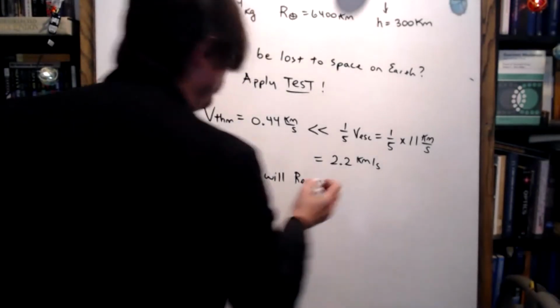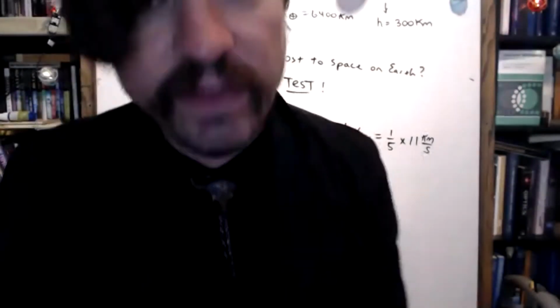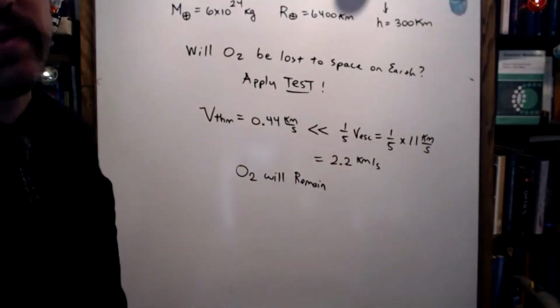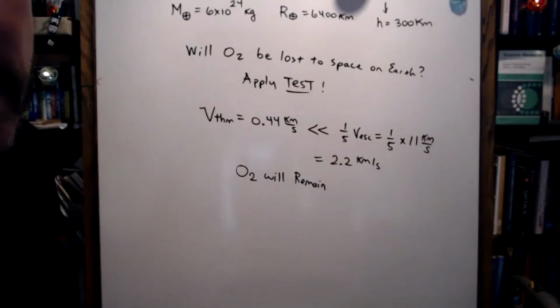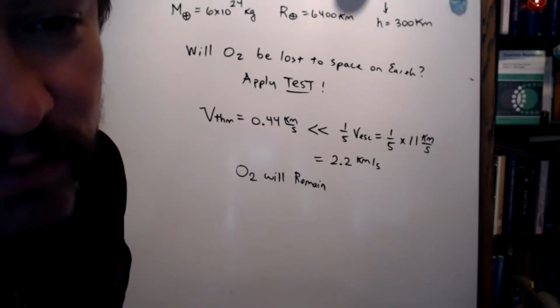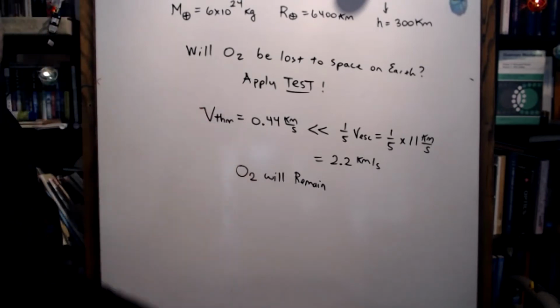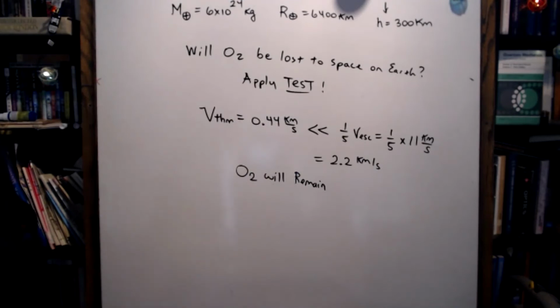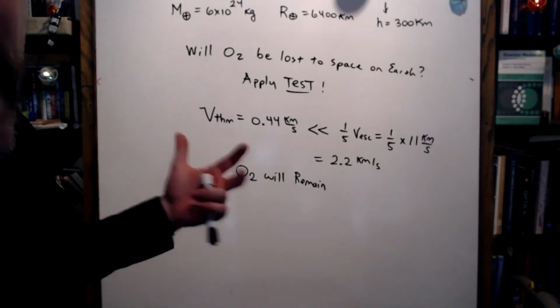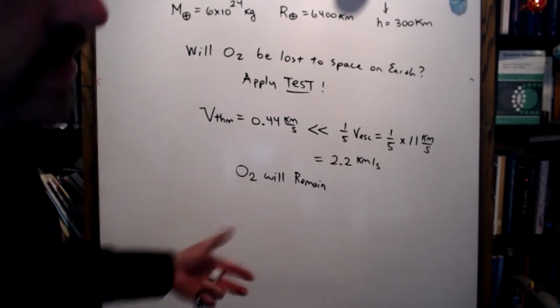I assure you that if we had done this for hydrogen gas, it would not be the same. Hydrogen will escape over a geological timescale. Earth is not strong enough to hold on to hydrogen gas. Otherwise, it would be the planet Jupiter. It would have sucked up all the hydrogen and helium out of its local nebula environment when the solar system was forming. And we would have lived on a gas giant or something. Actually, we wouldn't be around. That's the sad truth.